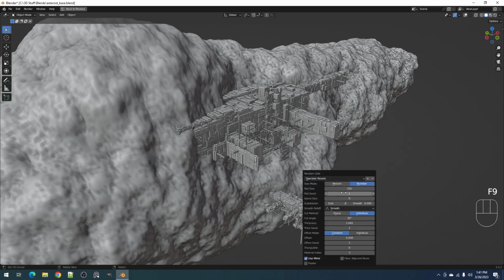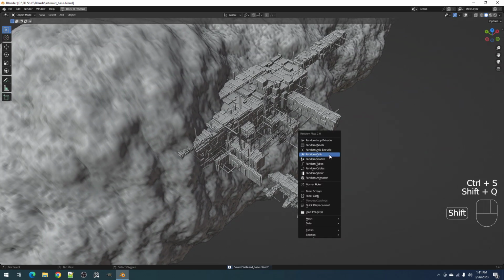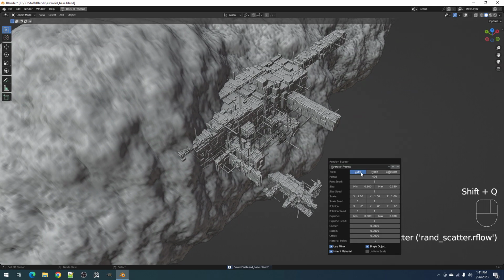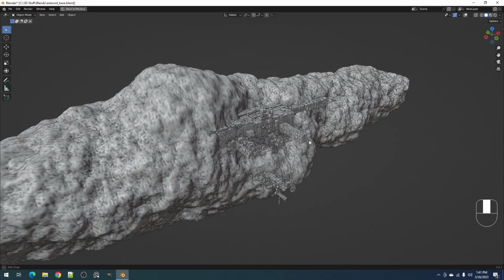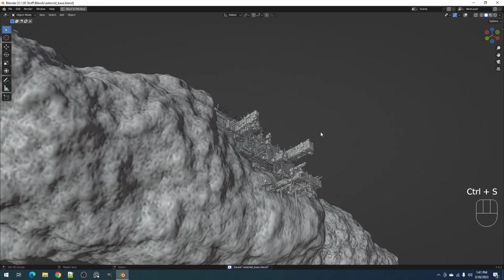And 9. Okay, some Cube Madness. I don't know. Now there we go. That is our base. Hopefully,